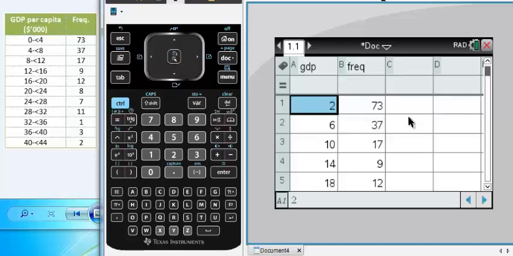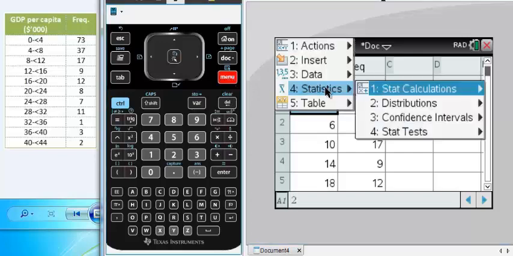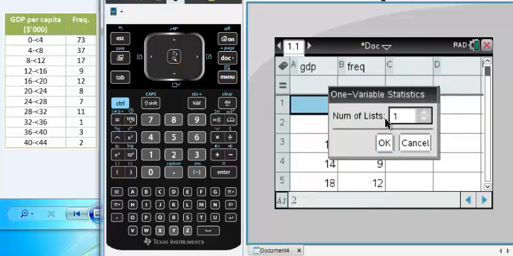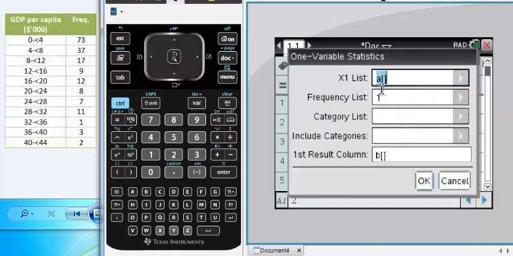To do this analysis, we will click on menu, statistics, stat calculation, and one variable statistics. It's univariate data, so we select one variable statistics. We have one list: the x1 list is the data, here our data is GDP, and for the frequency list we will choose frequency. Then we will press OK.